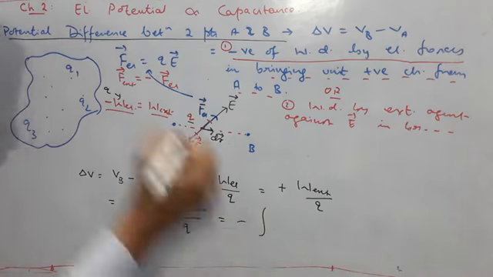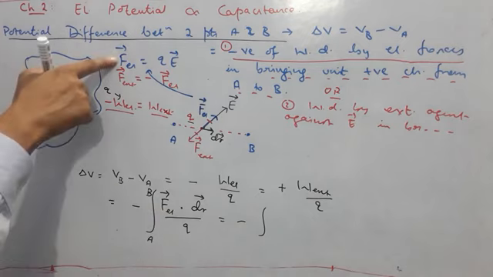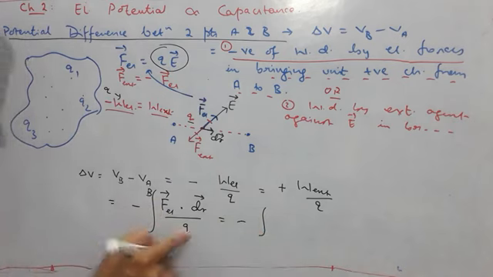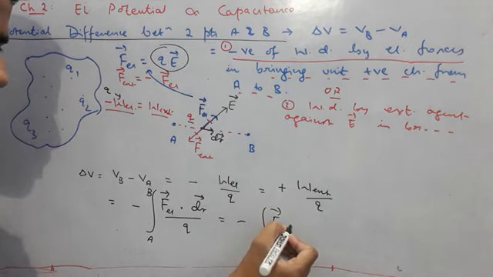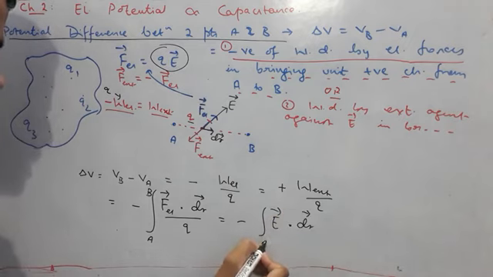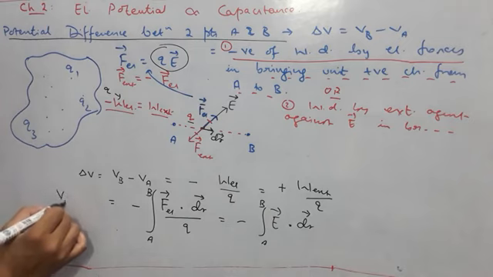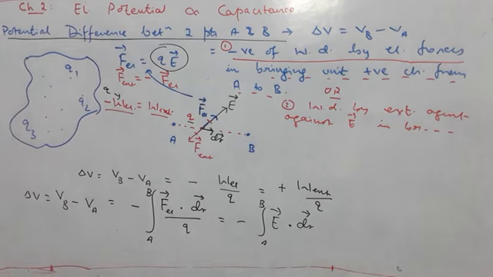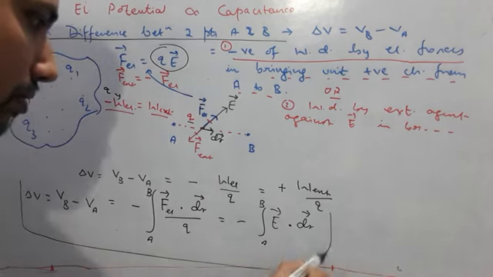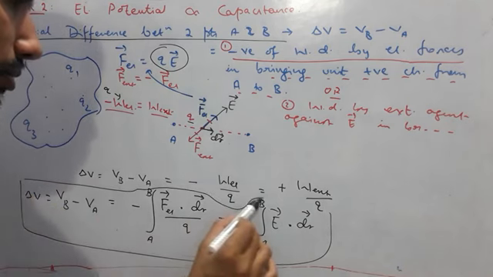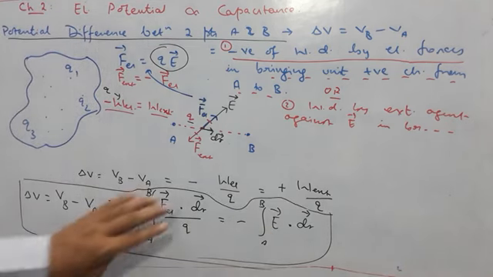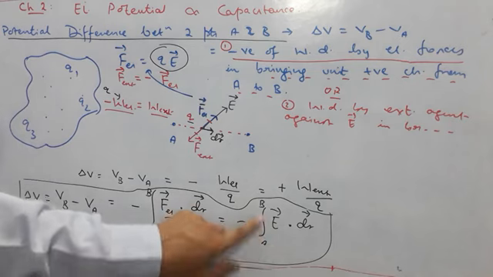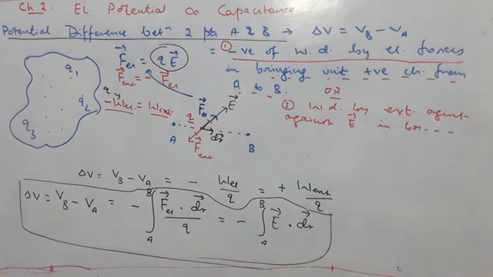So this becomes negative integration of F electrical. F electrical is how much? Q times E. So put that value. Q times E, the Q and Q will cancel. What will be left is E dot dr from point A to point B. This is the definition for V_B minus V_A, that we write as potential difference. So this is the definition for potential difference. You must remember this, students. You can remember this particular lesson, that V_B minus V_A is negative of integral of E dot dr from A to B. How did we get this relation? That I have explained over here.